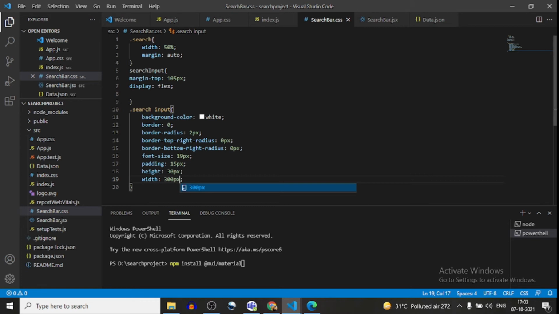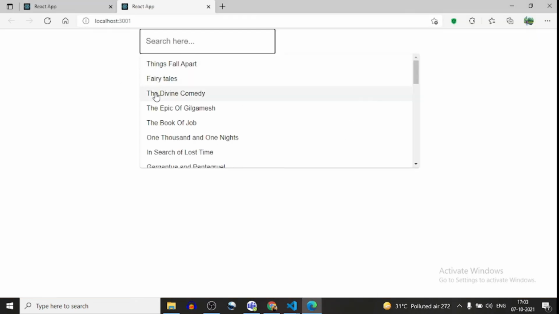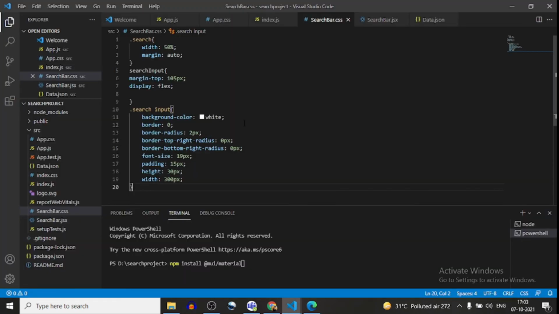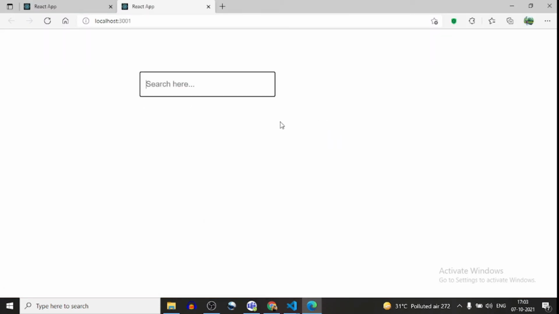Okay, now there is one more thing we have to work on. The search bar is showing but not as expected. Why? Because there should be a dot.